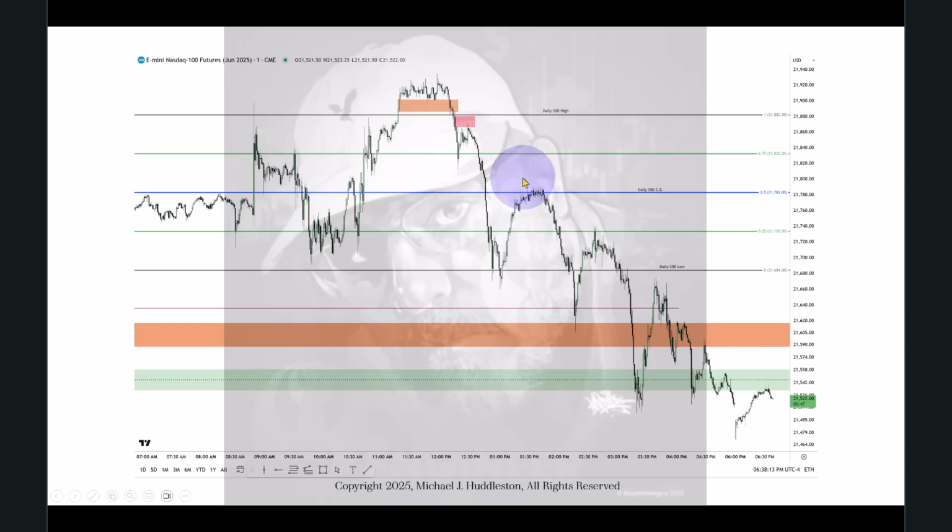Okay, and you can see these levels here: daily SIBI high, consequent encroachment, and this daily SIBI low. This line here is just the sell side liquidity pool. Before I move this slide, rewind it again, you'll see it. Inefficiency from yesterday on Wednesday, and the same thing here. Okay, so these are previous days' inefficiencies. So if we're going to sell off and go outside the low of the daily SIBI, then we have to have an understanding where it could go. And the easiest one is use what was the day before. Very simple. It's not complicated, is it?